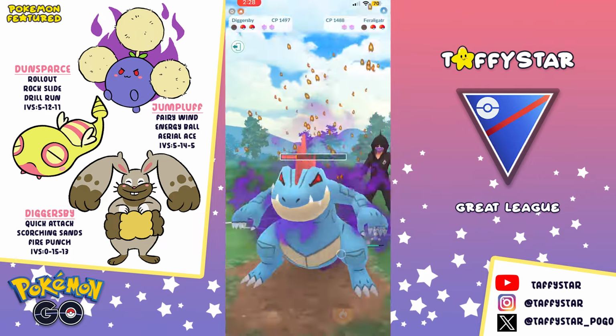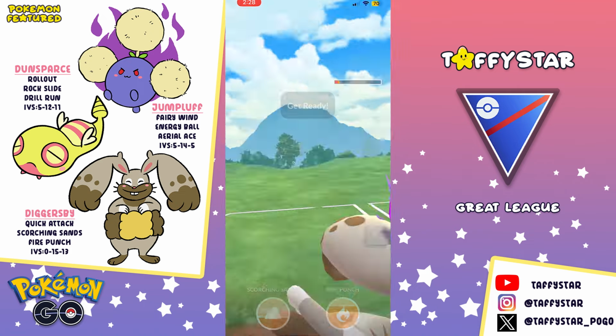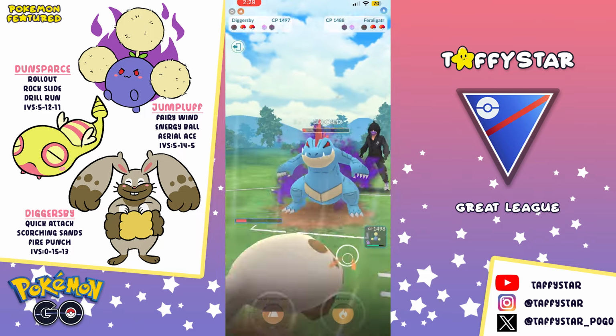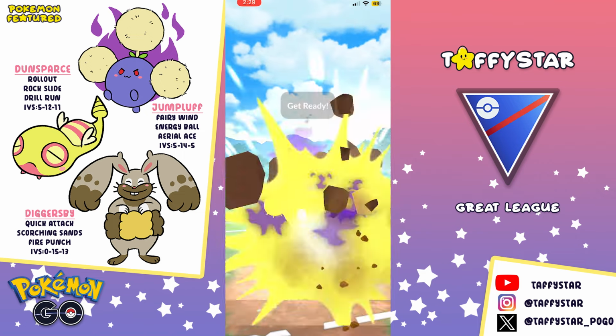So I take them out, and then I swap into my Diggersby when my opponent brings that Dunsparce back in, and unfortunately my opponent's final Pokemon is going to be a Feraligatr. Now, for some reason, my opponent lets the Scorching Sands go, and we get them into the red. Now, they're one fast move away from another Hydro Cannon here. I swap into Jumpluff, hoping I could snipe them, but they're not in snipe range, so I'm not sure what